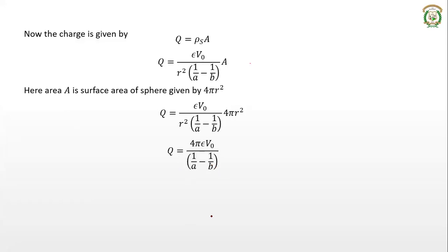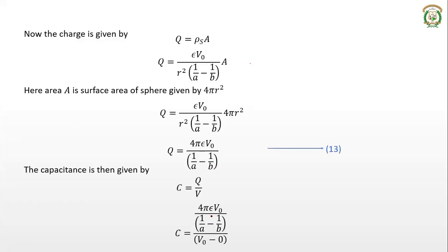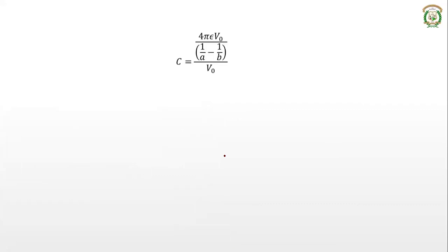Now, what is capacitance? Capacitance is Q divided by V, that is charge divided by potential difference. V is the potential difference between the two spheres. The inner sphere is at a potential V naught, and the outer one is at a potential 0, so it is V naught minus 0. So you get 4 pi epsilon V naught divided by (1 by A minus 1 by B) divided by V naught. The V naught you can cancel. So what remains is 4 pi epsilon divided by (1 by A minus 1 by B). So this is the capacitance of a